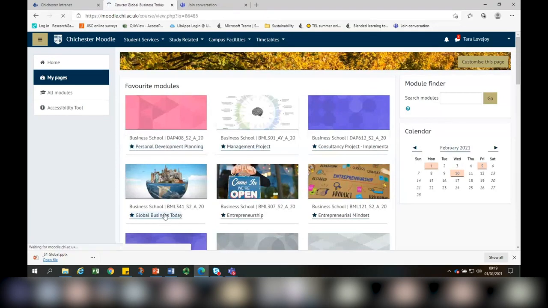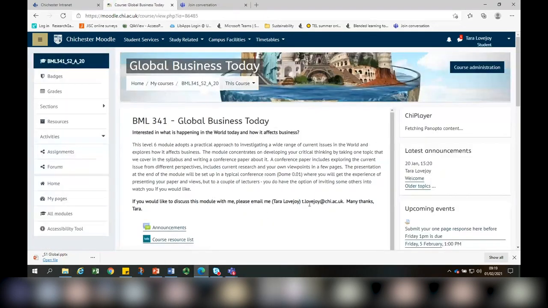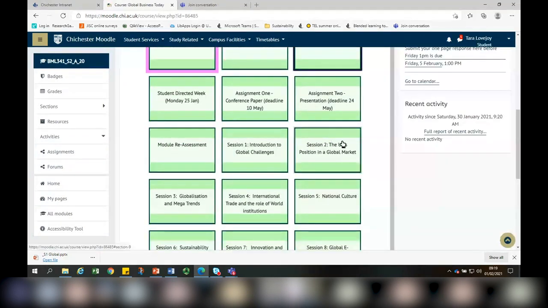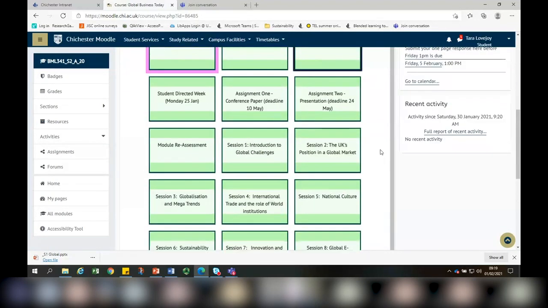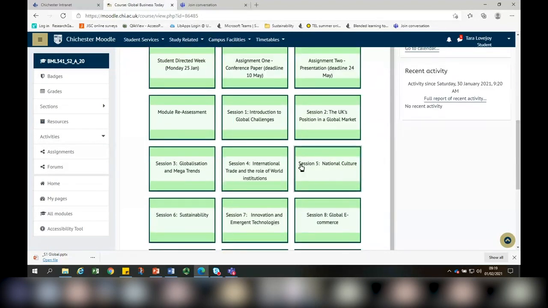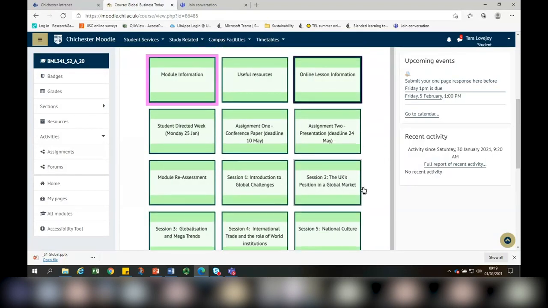So I'll just go in. I haven't shown you the slides. I certainly could, but what you'll find is some of the topics that we've talked about today will be weaved into other sessions.